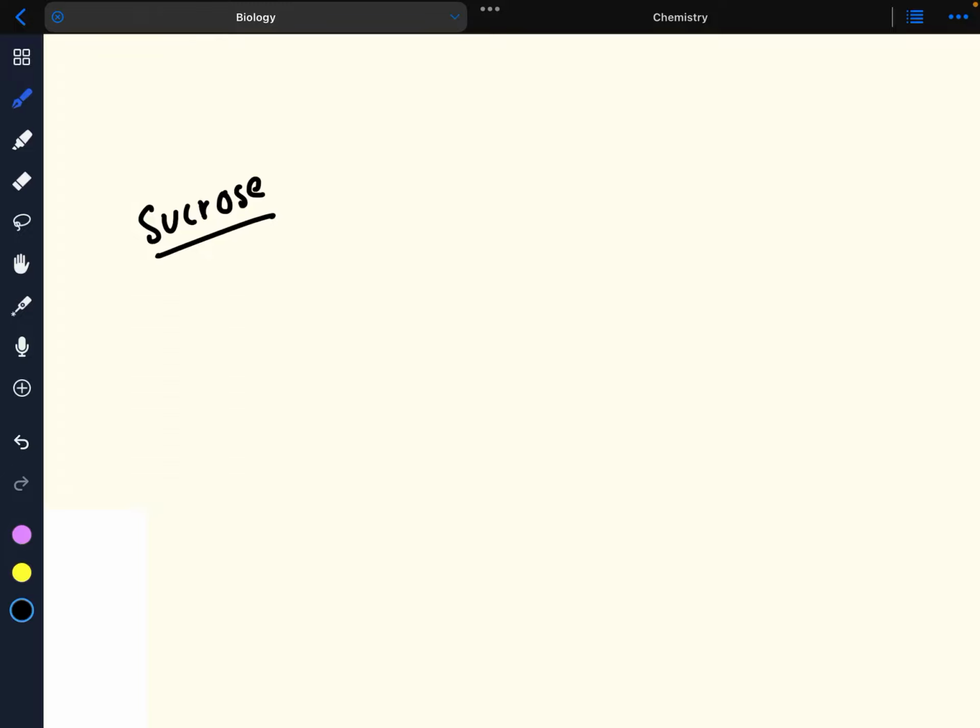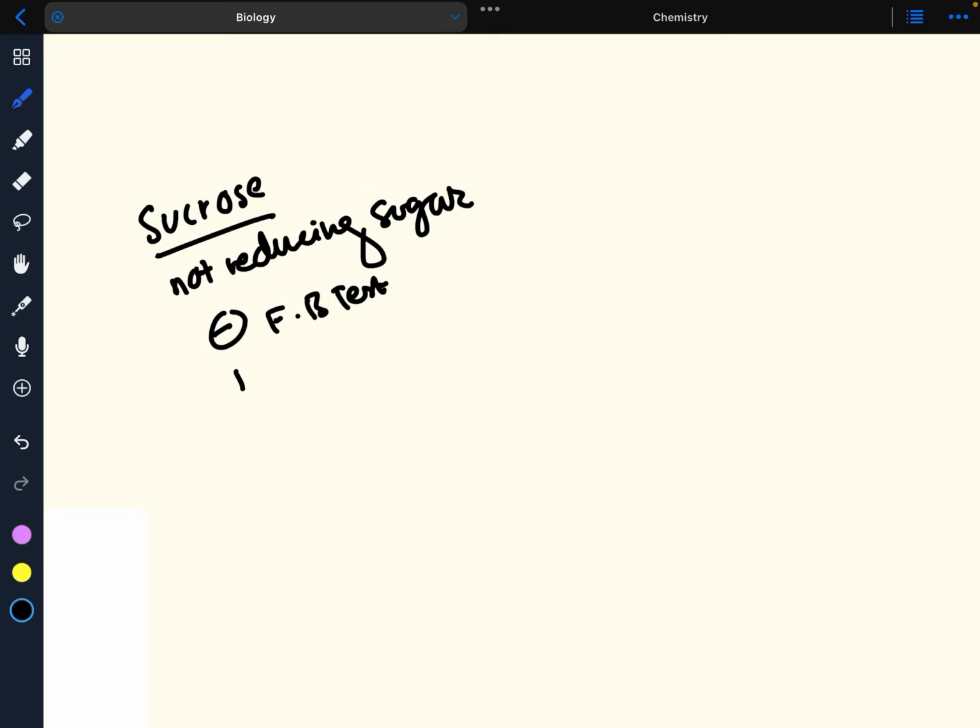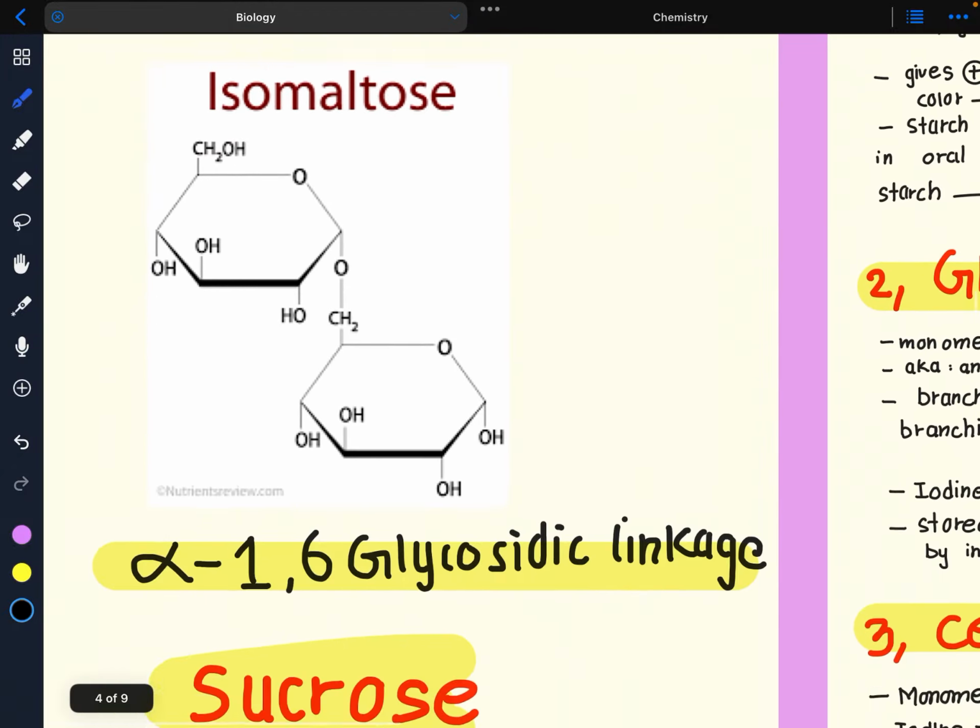Sucrose is a disaccharide. It's not a reducing sugar. It gives a negative Fehling's and Benedict's test. And it's formed by the combination of glucose and fructose. So the bond in sucrose is of course the glycosidic bond,